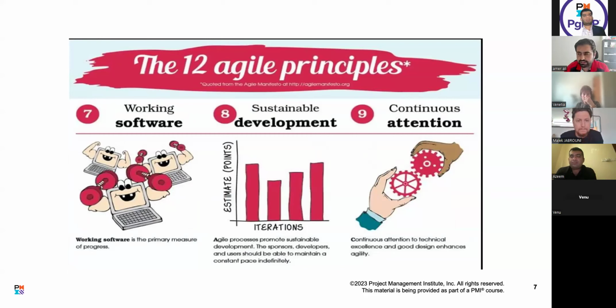A very critical thing in Agile is that iterations are of the same length. We don't change the length of iterations. Like what was the length? We discussed 2 weeks. So the entire project will be 2 weeks, 2 weeks, 2 weeks, 2 weeks, because we want sustainable progress. We don't want up and down and up and down. No, that is not needed.